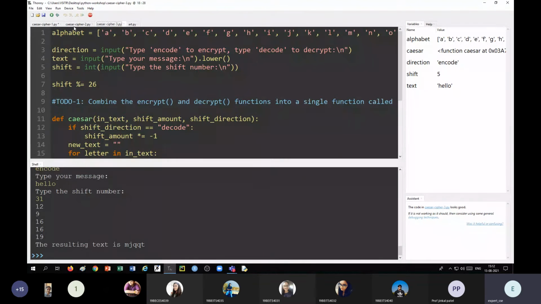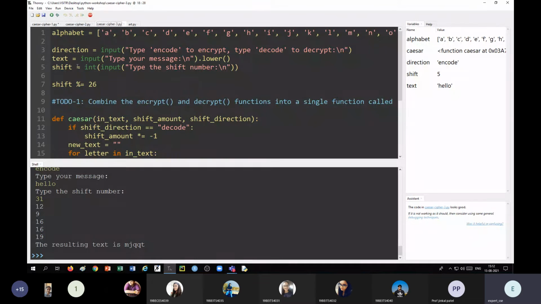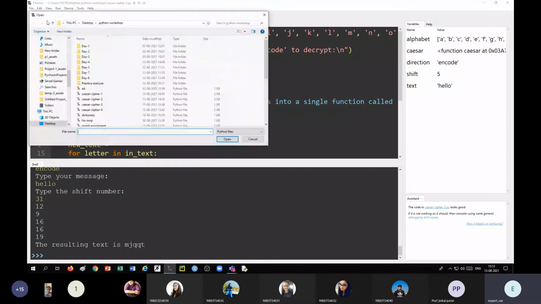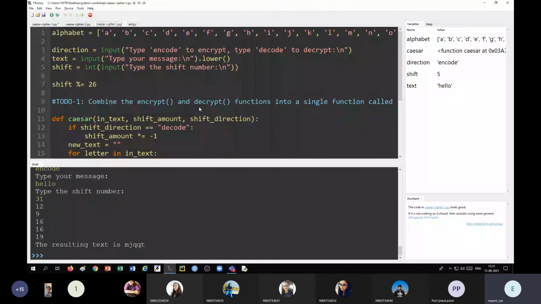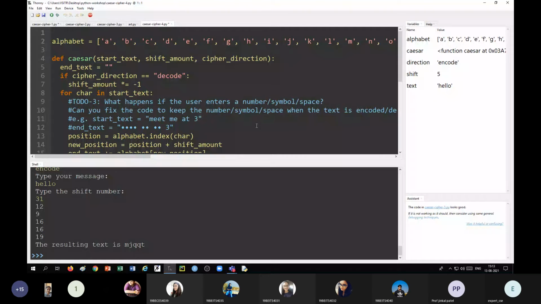So let me copy these from this logo. From art import logo.